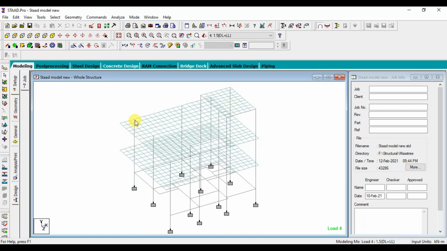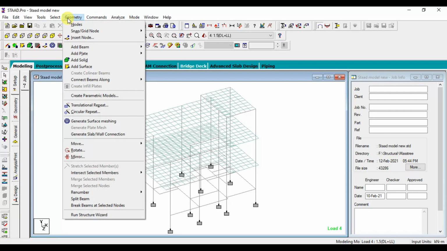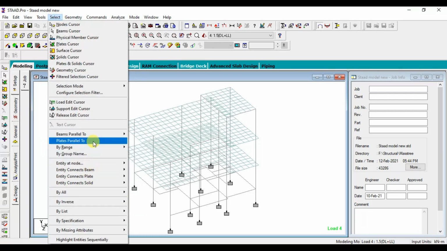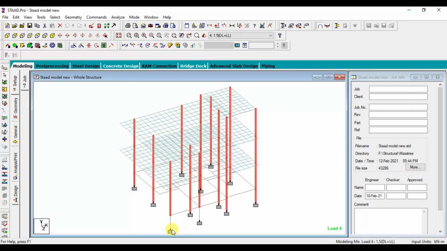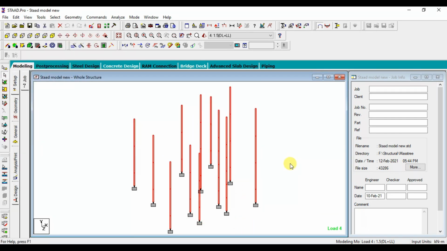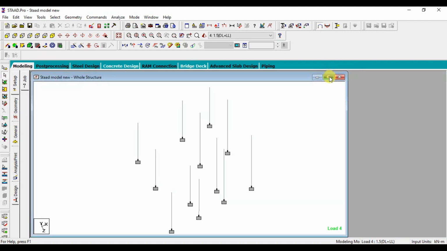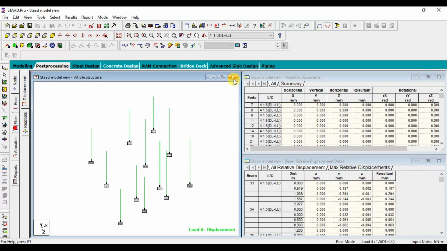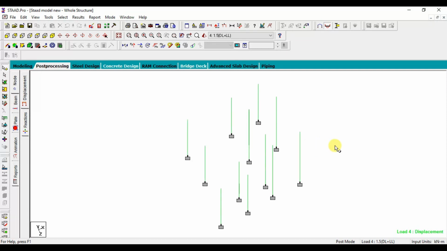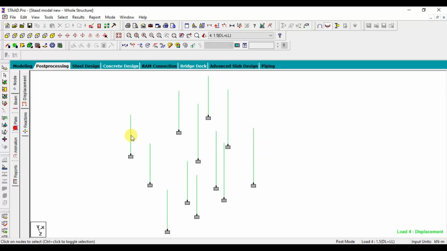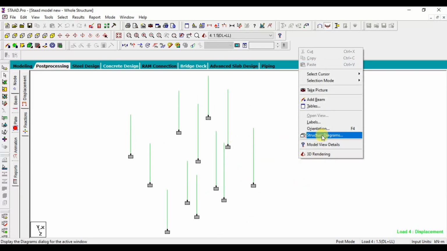So now we are going to take this corner column. So go to geometry, select beams parallel to Y. Here we are taking only columns, and then let's go to post processing mode. Let's get the section outline.